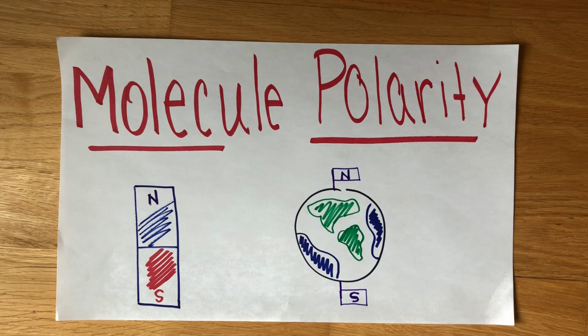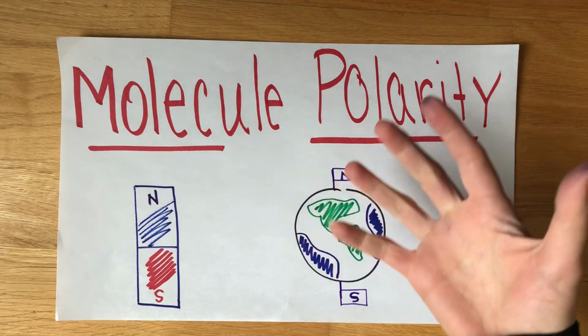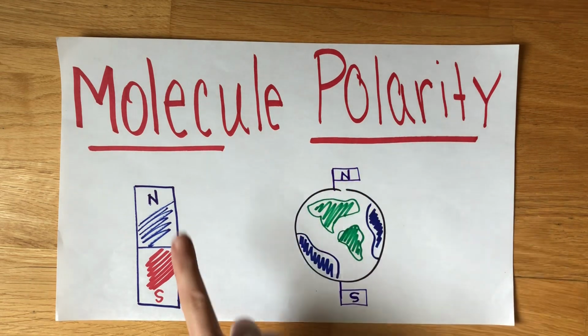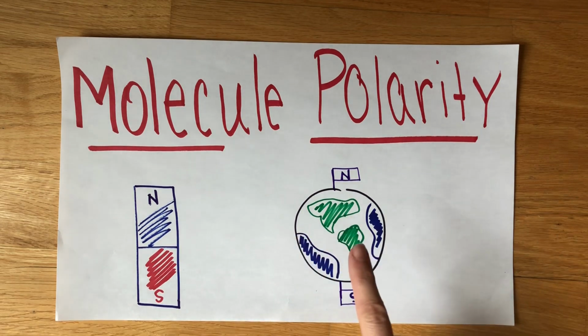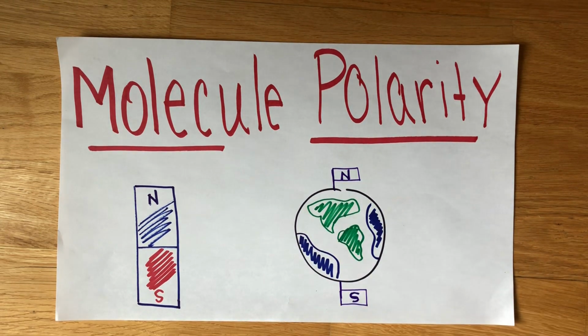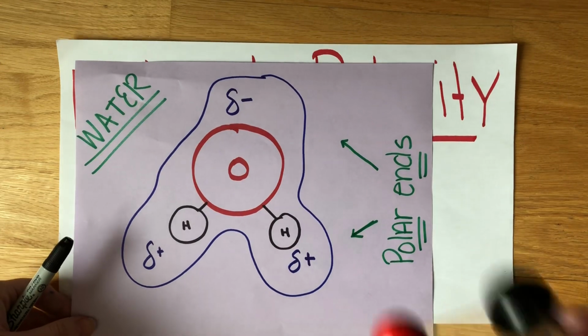This is a video discussing molecule polarity. And as we can see here, the word polarity has the word pole in it. And so when we think of poles, a lot of times we think of a magnet with opposite ends, a north and a south pole, and our planet also has poles, north and south poles as well. And so that's what we're going to be looking at in this video, that molecules, this one seen here, water,